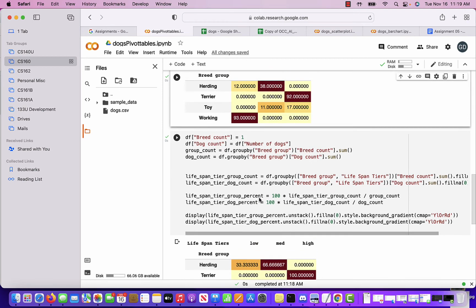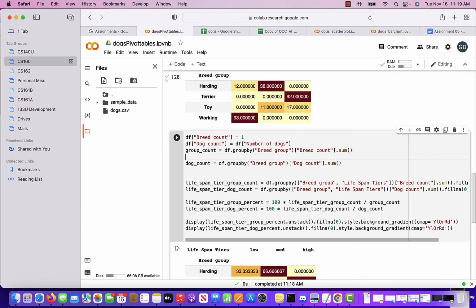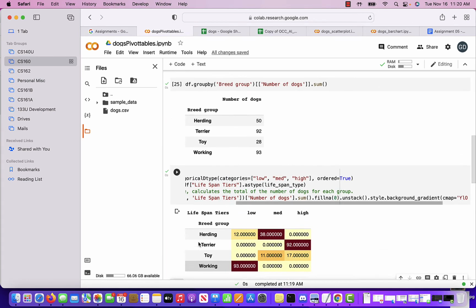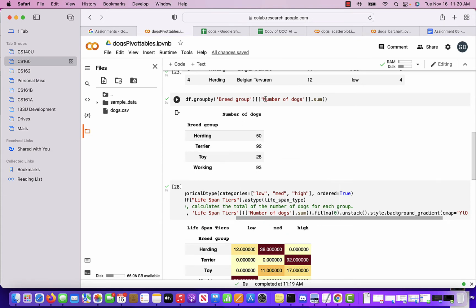Okay, so group count is df.groupby breed group, breed count.sum. Now, if you want to know what each one of these is doing, just go print. This is just regular Python variables. So you do print group underscore count. You run this, and see, it prints all your counts. This is nothing but the total number of breeds in each group, which is the same as, not this, but I'm going to change this to